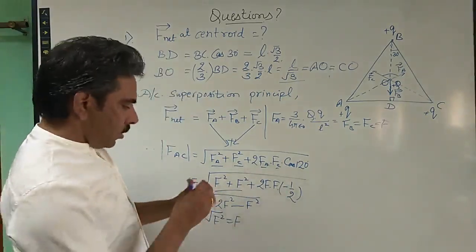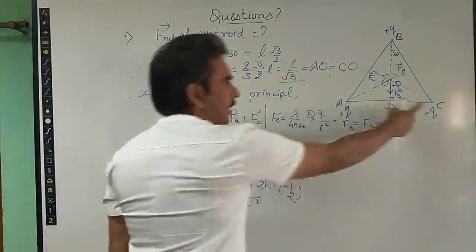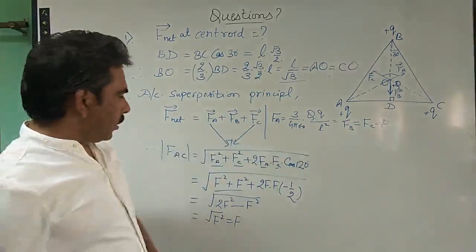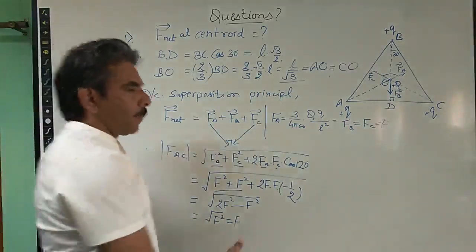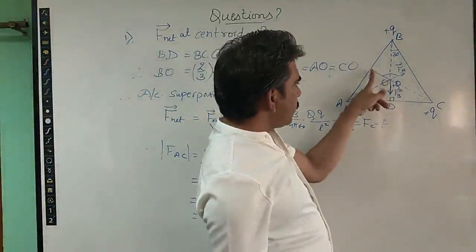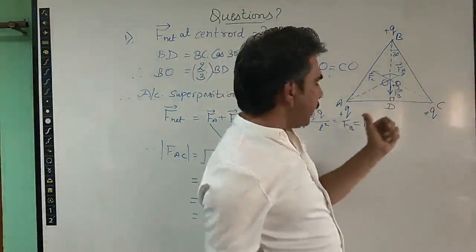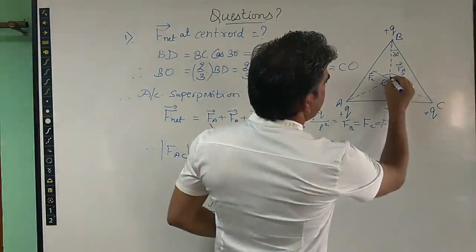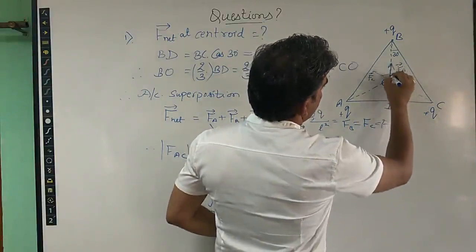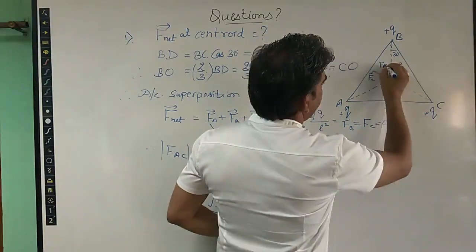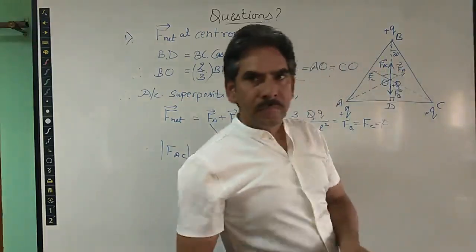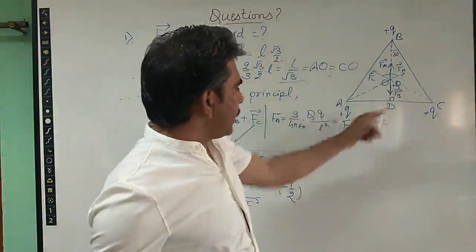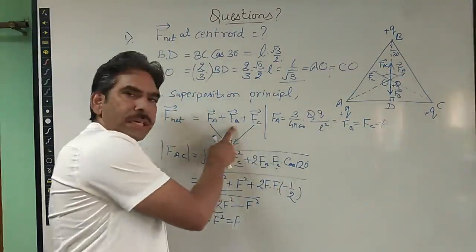So the net force by the two charges at A and C is the same force as calculated here, right? Now where is this force directed? According to the parallelogram law, these are the two forces Fc and Fa, due to which we have calculated the resultant force FAC. This force will be directed in this way. This force is FAC, right? Now we can find the resultant of these two forces at A and C with that of FB.